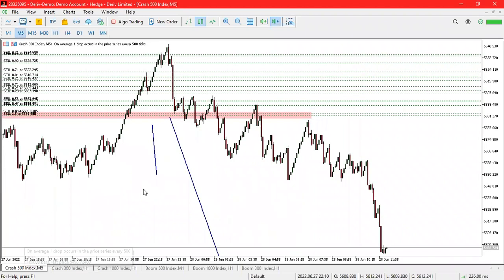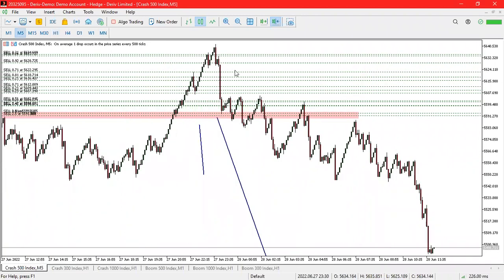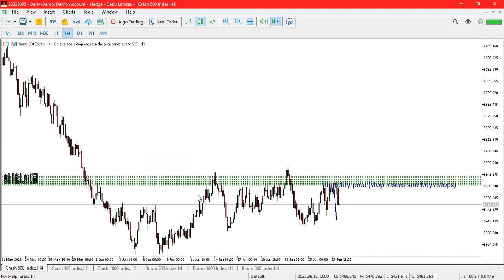If you still remember, when we go back to Crash 500, the market was trending up. Then by the time, you know what we do, we're selling. That's a bank trader. But a retail trader will be high, keep buying. This is just a retracement. We're going up. And then after that, what happens? It kicks you out. So let's check H4. Check what happened to H4.